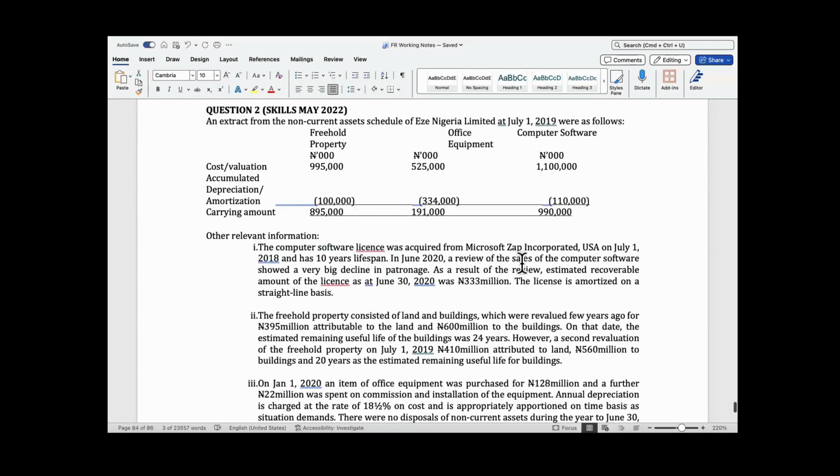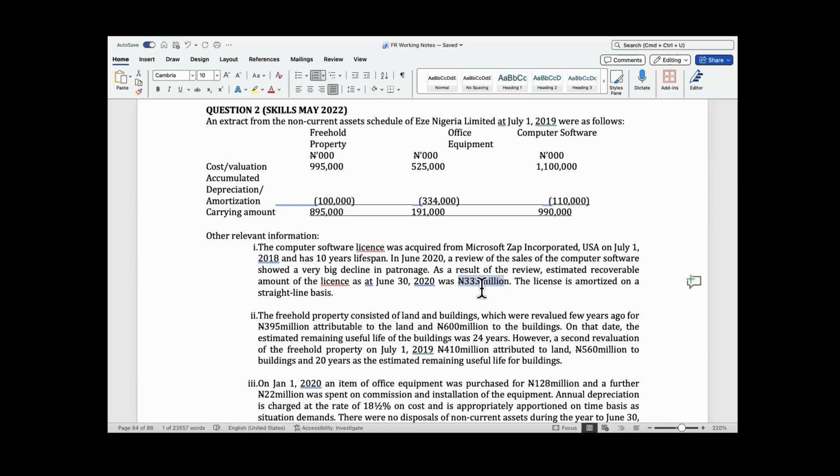A review of the sales of the computer software showed a very big decline in patronage as a result of the review. Estimated recoverable amount of the license as at June 30th, 2020 is 333 million. The license is amortized on a straight line basis. So ordinarily,